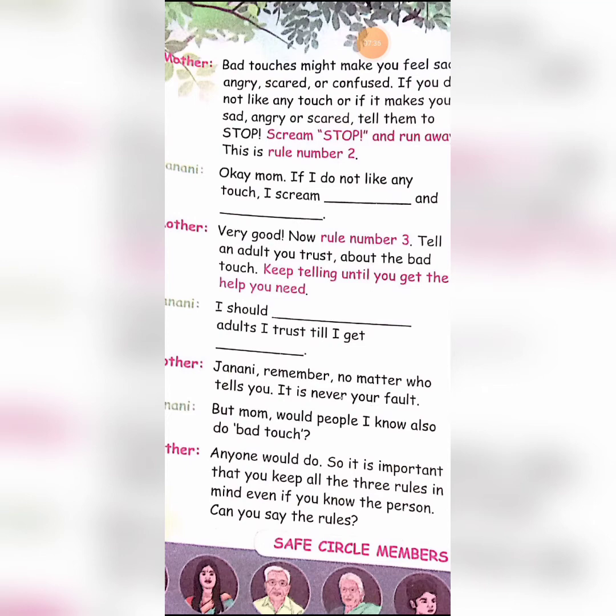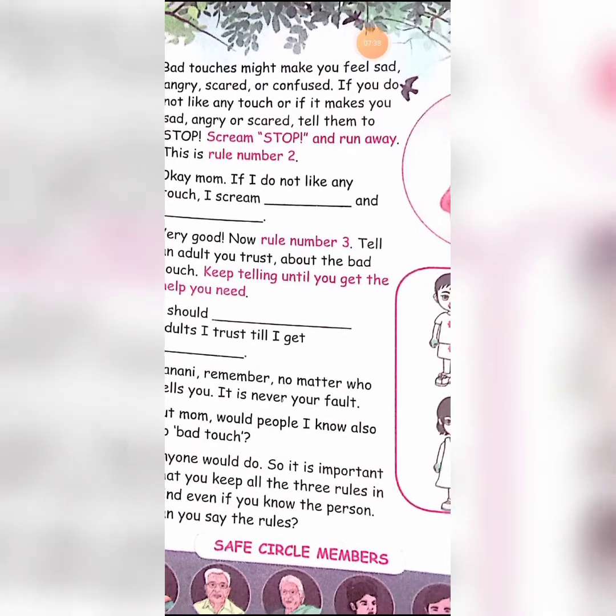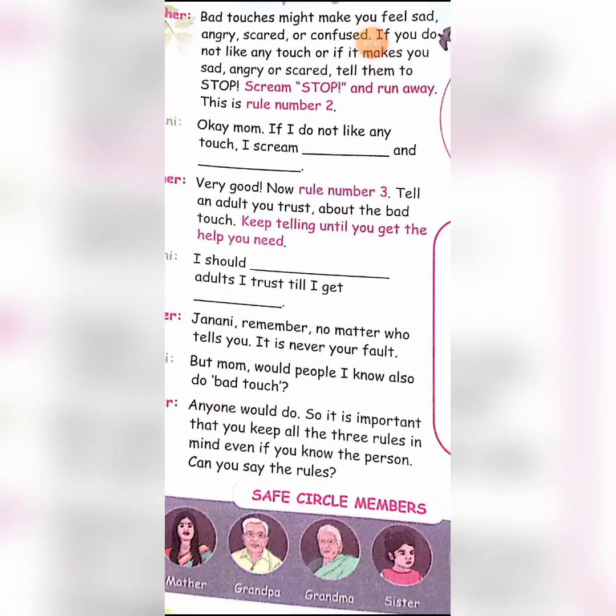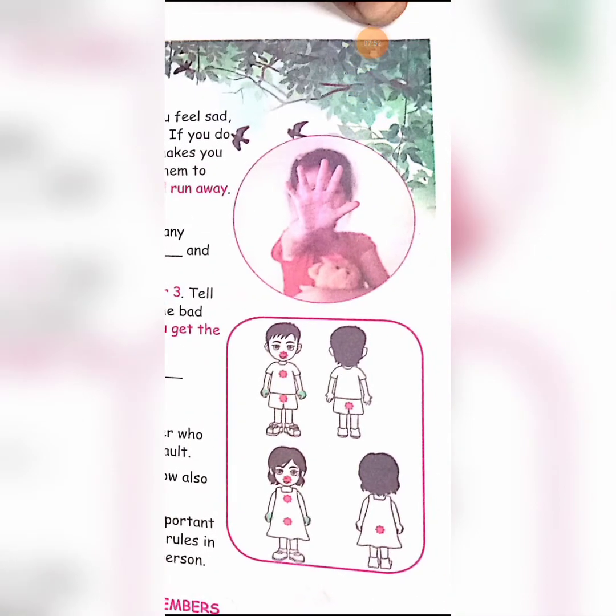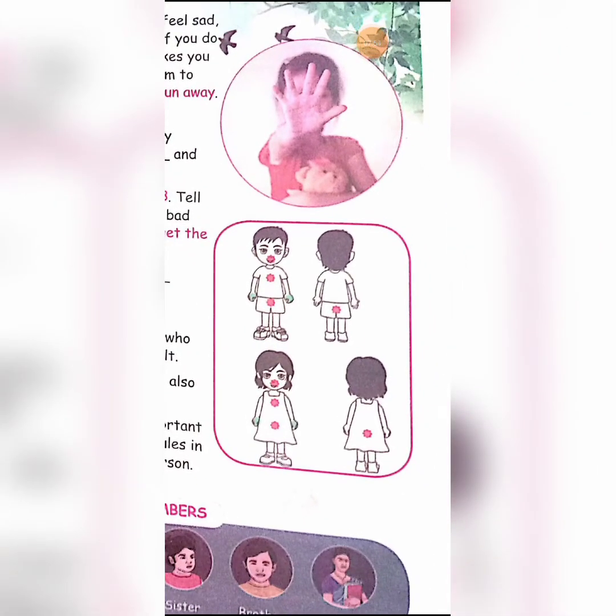Even if you know the person, can you say the rules? So anybody will do bad touch. Whether they are known person or stranger, you have to be careful, and whenever they do that, you should avoid them, run away, scream, and go for help, and tell your parents mainly. First rule is you should never allow anybody to touch, see, or talk or trigger you to do so. Second point is you should run away from that place screaming. Third point is inform your elders, whether your parents, teachers, or grandparents, whoever you are close with, whoever you trust,